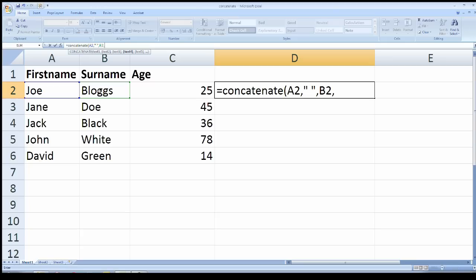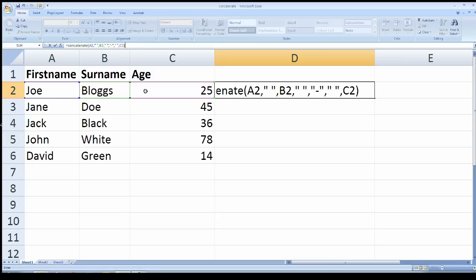Now for our age, we're going to add a space before the hyphen, so it's quotation, space, quotation, comma, and then quotation, hyphen, quotation, comma, and then we're going to stick a space afterwards as well, so quotation, space, quotation, comma. And then we just need our age column, so click on cell C2 to add that in,